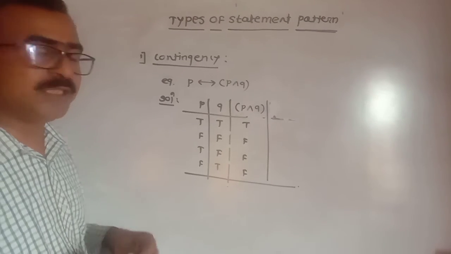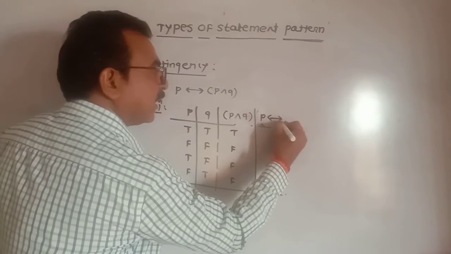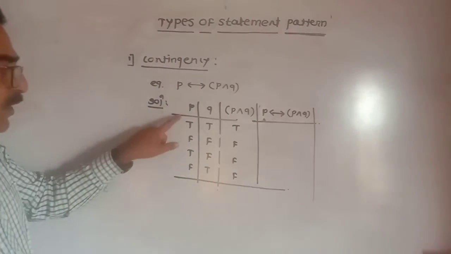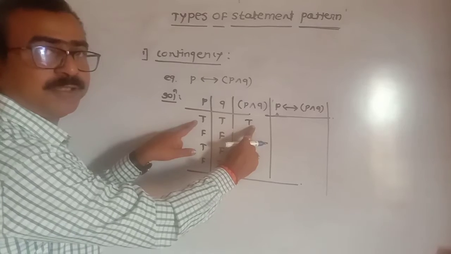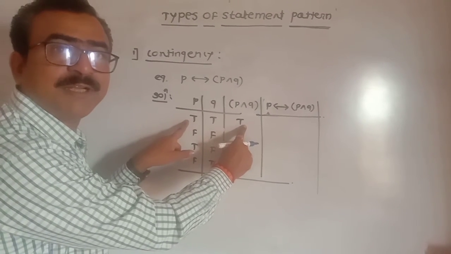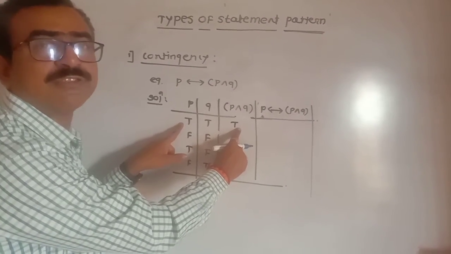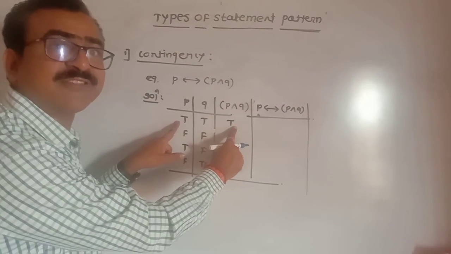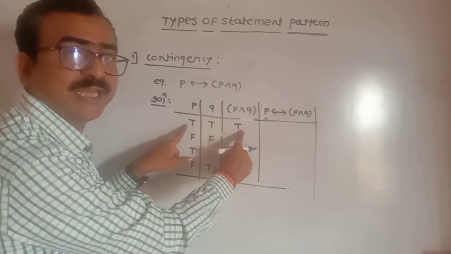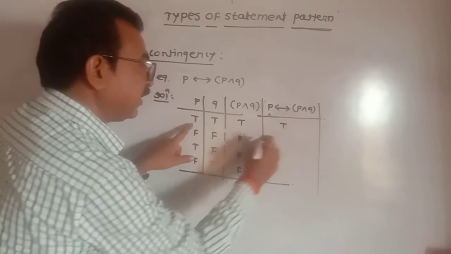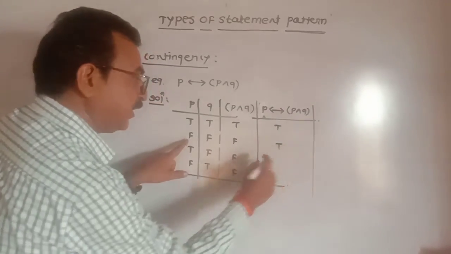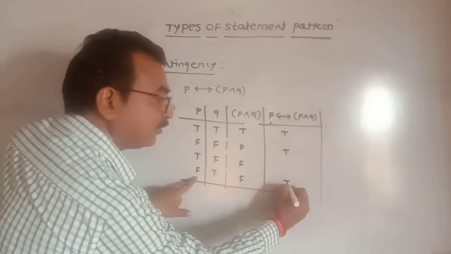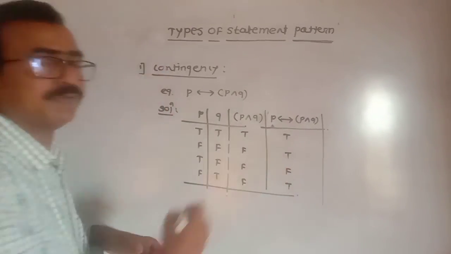Okay, P biconditional P conjunction Q. So P, and the simple bracket, and in case of a biconditional statement, when both the statements have the same truth value, then their biconditional statement is true. म्हणजेच टी टी असेल तरी टी घ्यायचं आणि एफ एफ असेल तरी टी घ्यायचं. Same truth value, yes, write down T, and in place of this write down F.